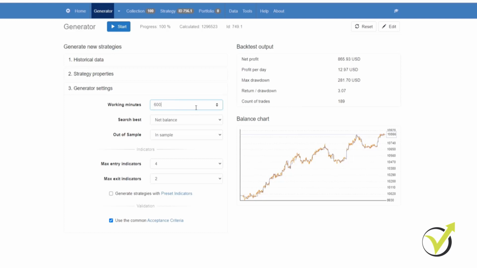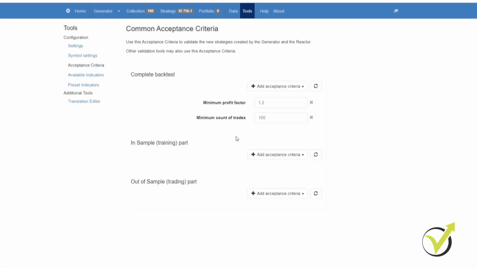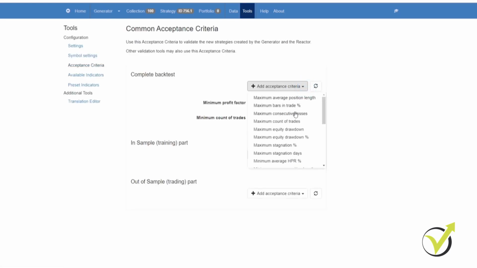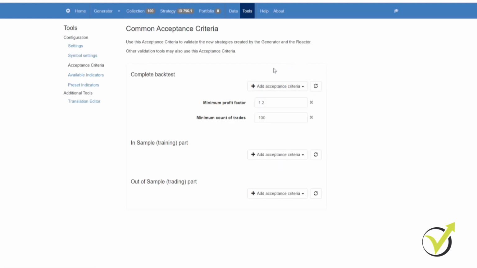It'll just keep testing more and more combinations of strategies, and effectively it'll give you an unlimited amount, and it'll just keep creating strategies for you. In addition, if you go to your acceptance criteria, you have a huge amount of acceptance criteria that you can put in here, and that will change how your strategies are calculated and how they are calculated on the backtest.